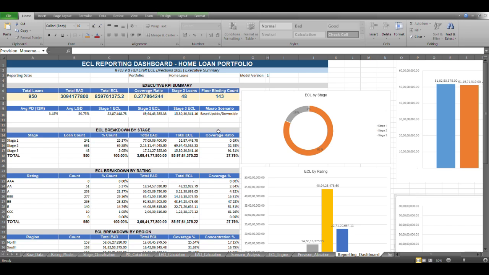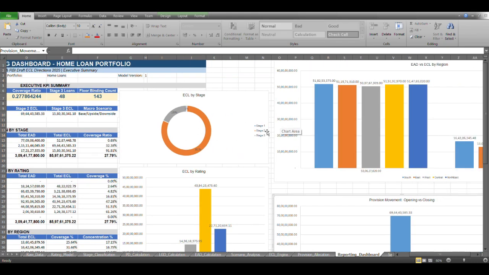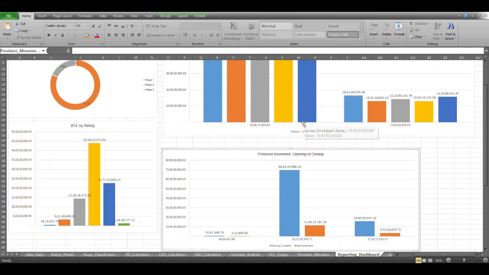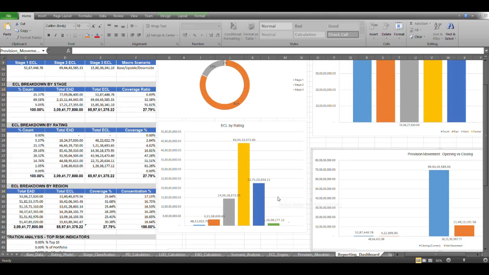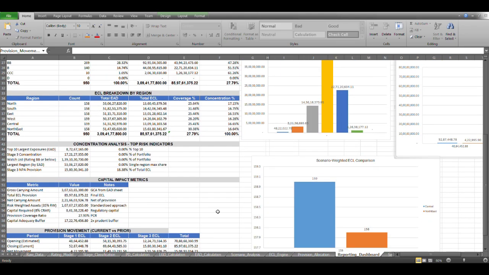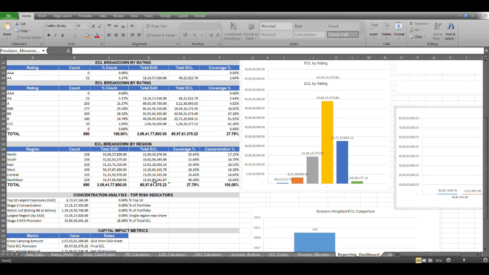The reporting dashboard is what goes to senior management and the board, and it has charts where we can see how ECL looks from the stage perspective, EAD versus ECL distribution, provision opening versus closing, and most importantly how ECL looks rating grade wise. This dashboard refreshes automatically if any change in the input or chart is made.